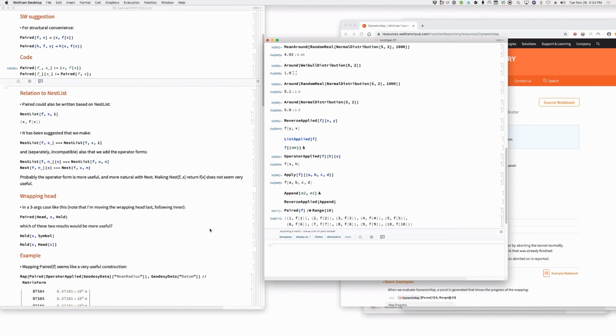I think the first one is a much more useful result. But if we use a holding function, why would we use it there? Yeah, right. Because it may be that head and x don't evaluate by themselves, but head of x does. I'm not sure. That's a separate issue. But let's talk about the relationship between this construct